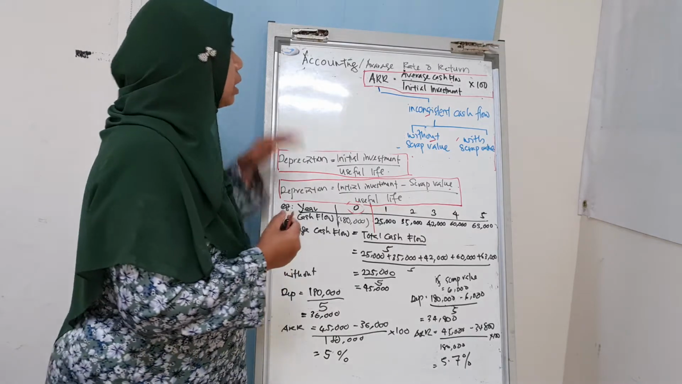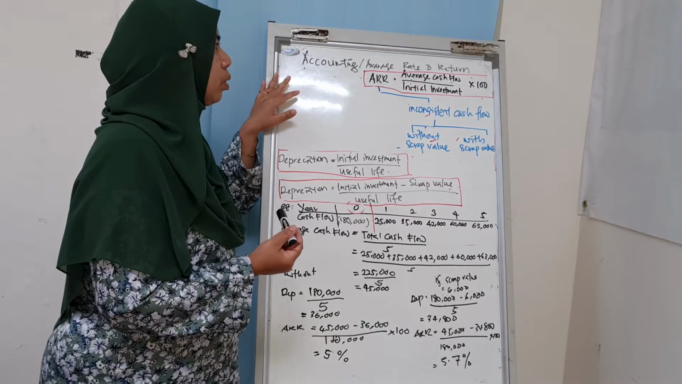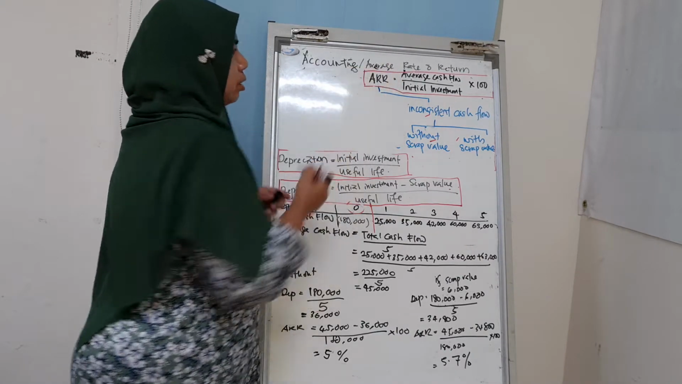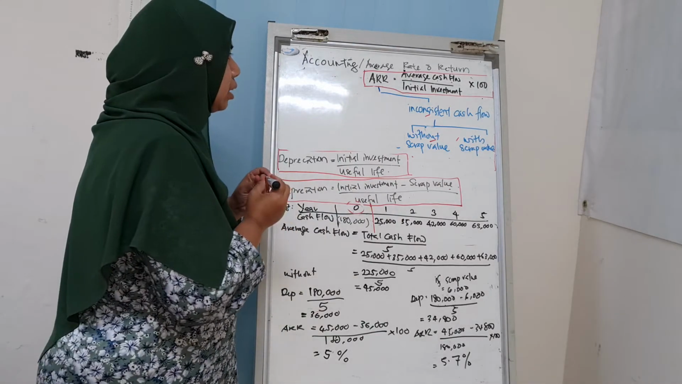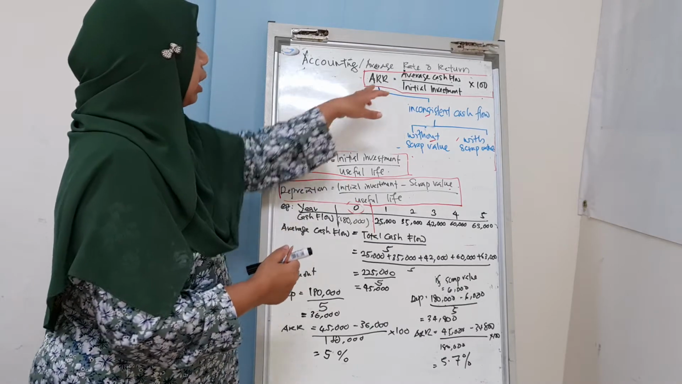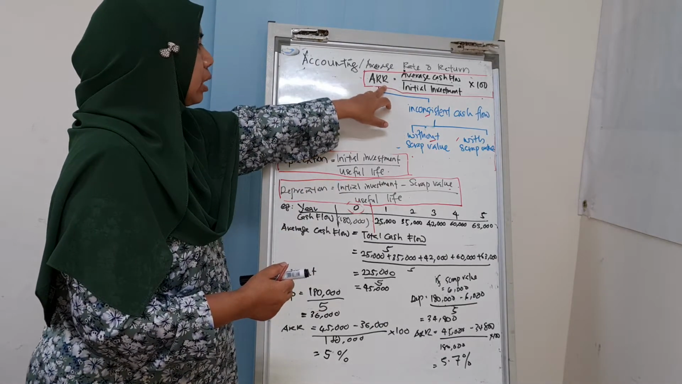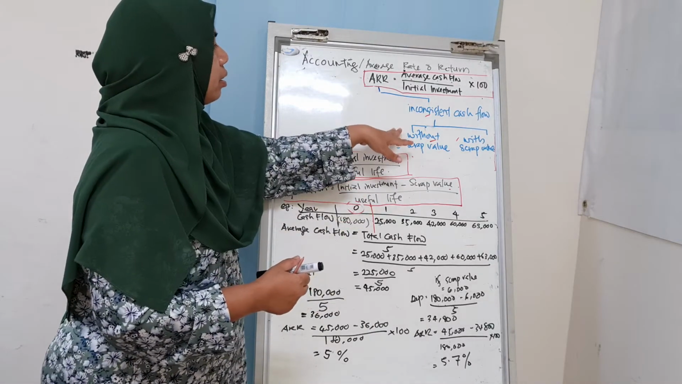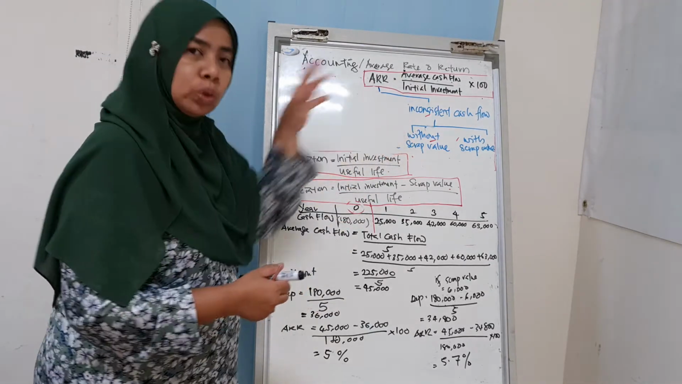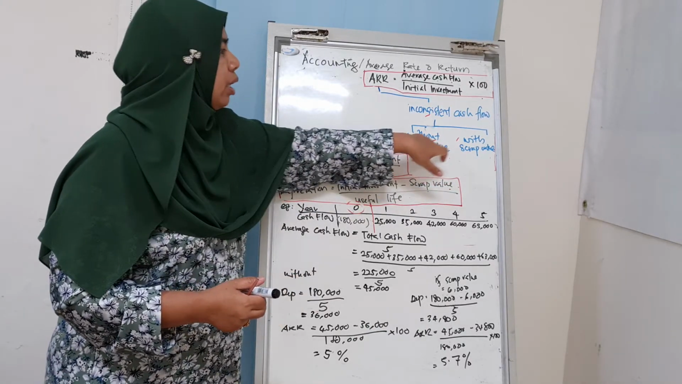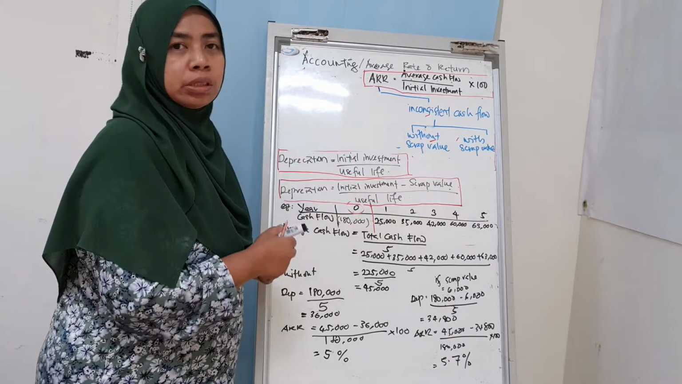Welcome back. We are still in accounting, where we have the average rate of return, right? In this session, we are only focusing on how to calculate ARR, the average rate of return, in constant cash flow. In constant cash flow there are two cases: without scrap value, and with scrap value,